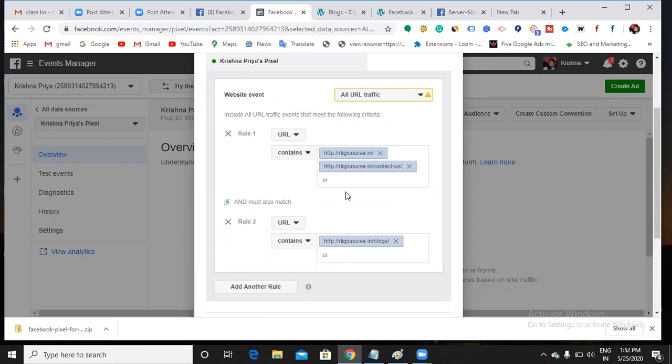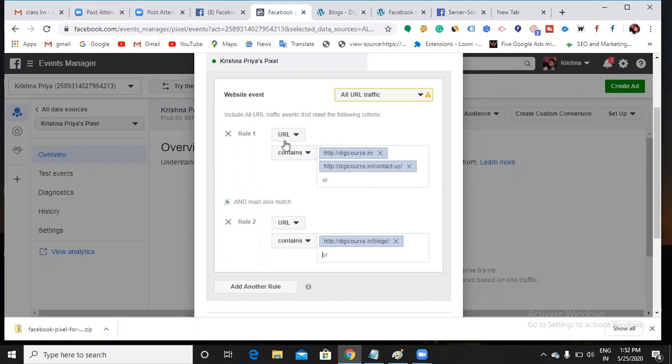If you feel that only a person who has been to all four of your pages should be calculated as a conversion, then you can do it. It all depends on your requirement. If I want to track, suppose I wrote on 4 different topics, and I want to know which topic is working more or which people are interested in, that also you can do with the events.